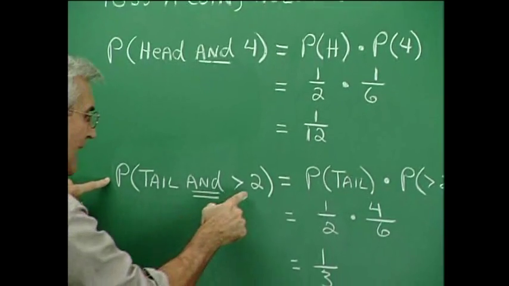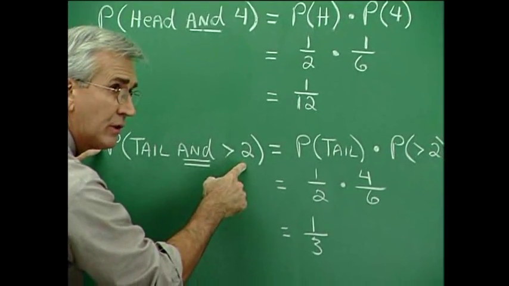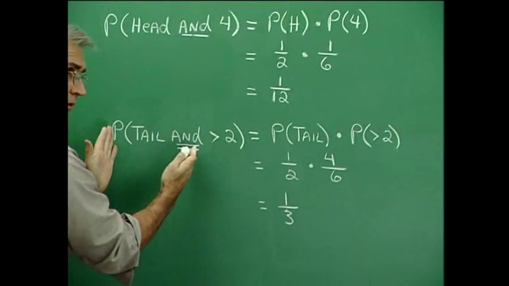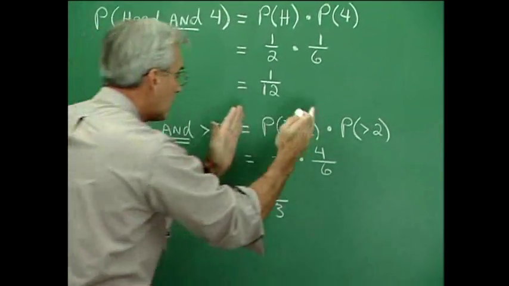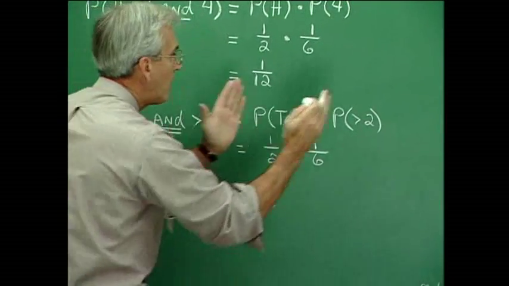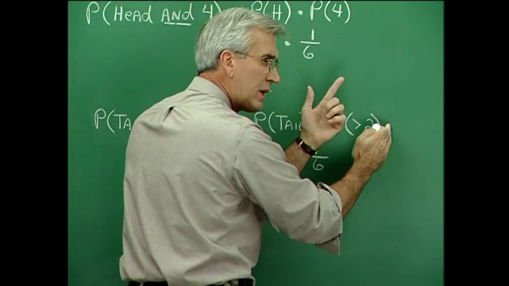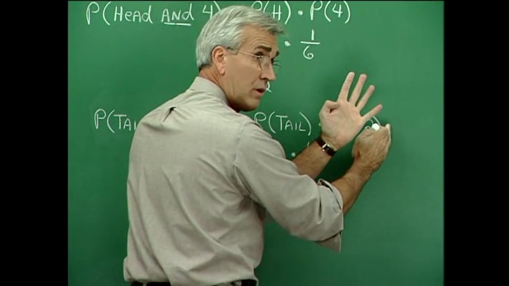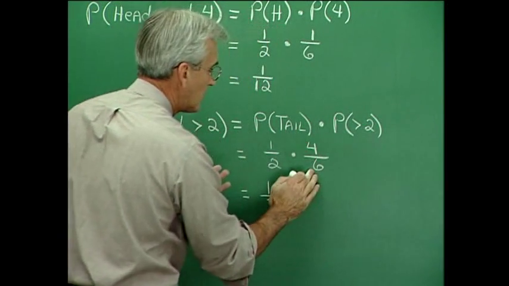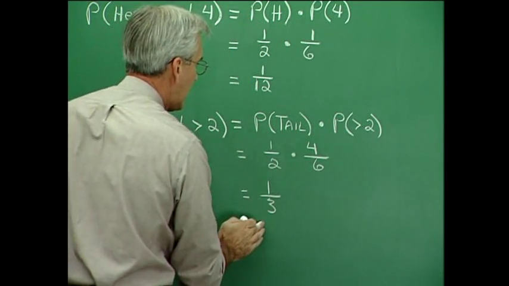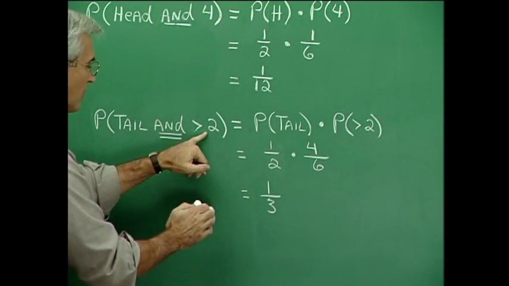Probability of tail and a number greater than 2. Well, let's separate them and multiply. The probability of tail, well, that's just 1 in 2. The probability of a number greater than 2. Number greater than 2, that would be 3, 4, 5, 6. There are 4 of those, so it's 4 out of 6. And now multiplying, we find that the probability of tail and number greater than 2